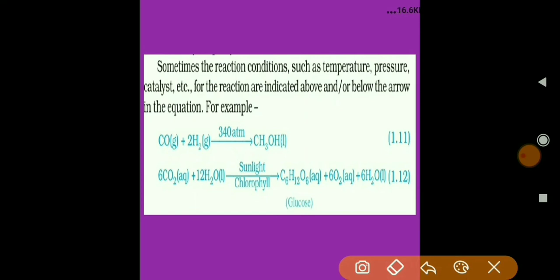For example, let us see some chemical equations. When carbon monoxide reacts with hydrogen at the condition of 340 to 400 atmospheric pressure, there forms